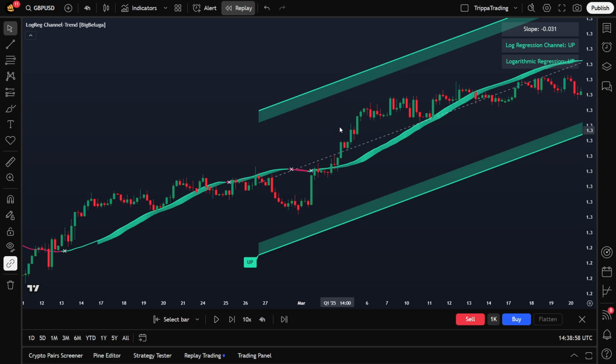To keep things tight and avoid getting chopped up in sideways markets, we will add another indicator to the trading